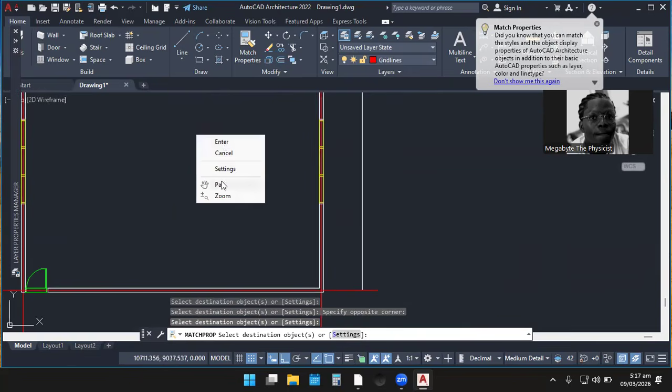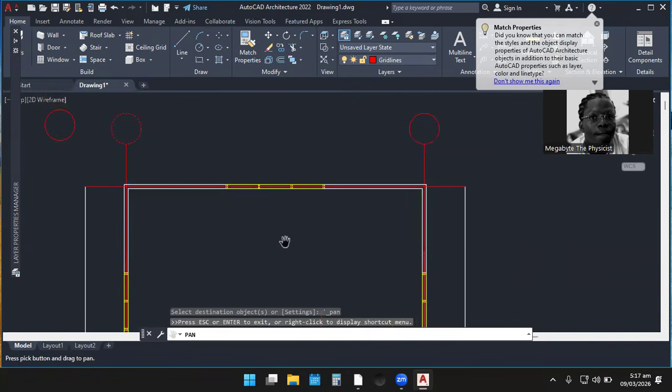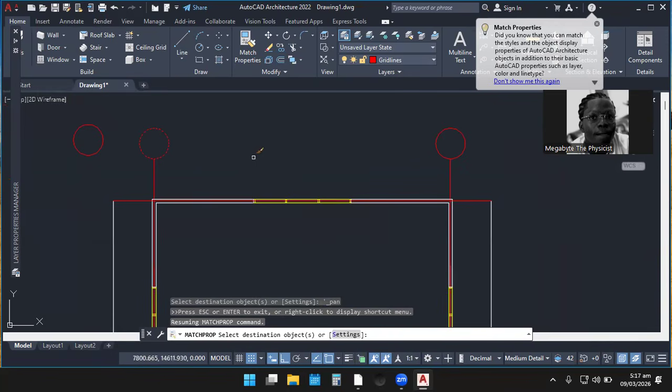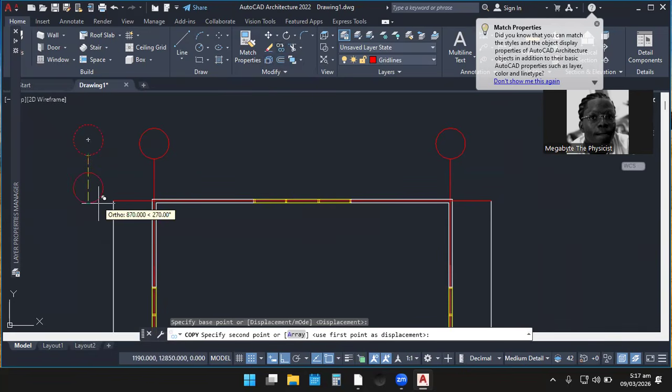So let me just quickly pick the pan to drag this down, and then let's proceed. Okay. So I'm done matching the properties. Let's fix the other ones. Let me highlight this and then copy. Okay, so let me remove the auto so that it can be more flexible.